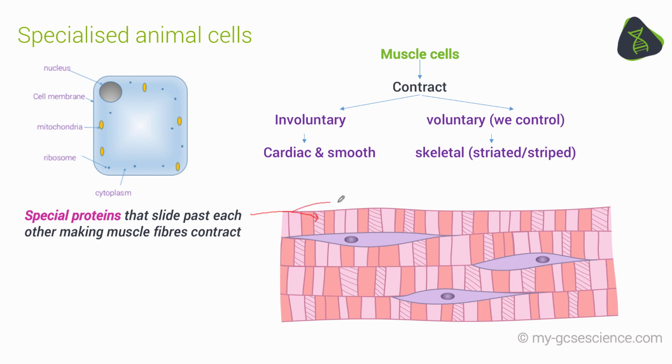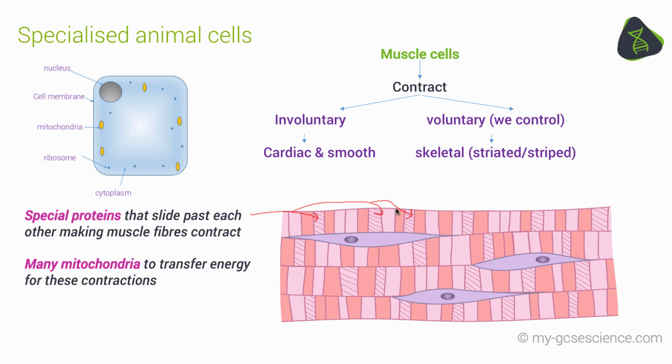These proteins can be found as illustrated here. These contractions do require a lot of energy, so you will find a lot more mitochondria in a muscle cell